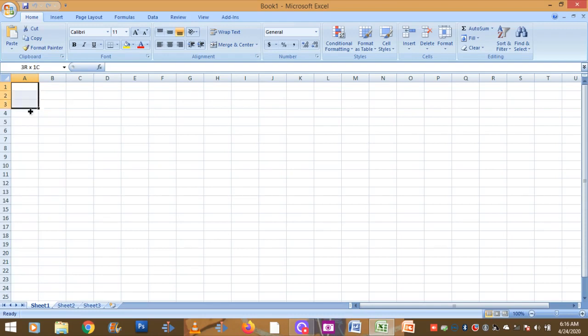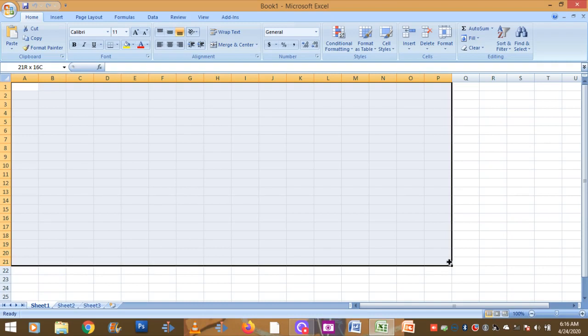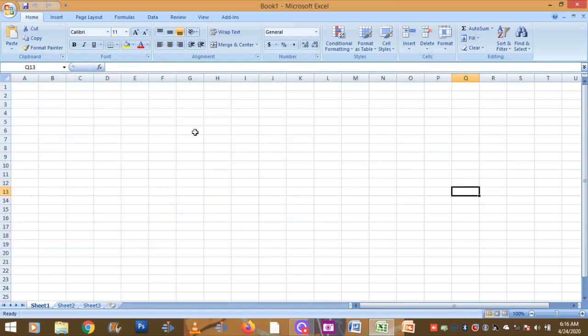This is the spreadsheet of the application, and this is the area where we can enter data in the form of tables. This spreadsheet consists of so many boxes, and these boxes are called cells.